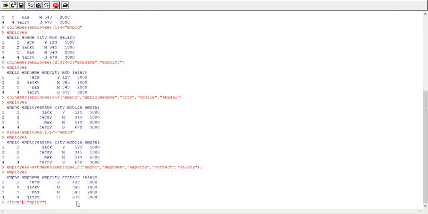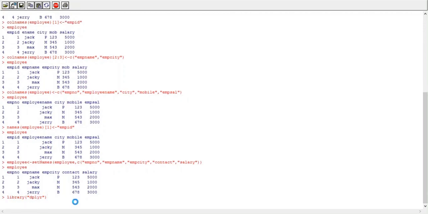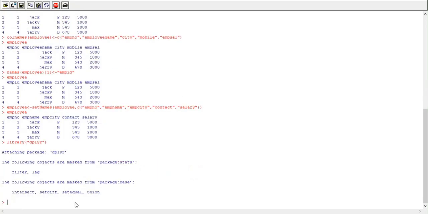Just write down the function library, and in brackets specify the name of the library that we want to install. See, we have studied this dplyr library, or we have installed this dplyr library for join functions also. So this library is installed now. Now we can execute the select function.